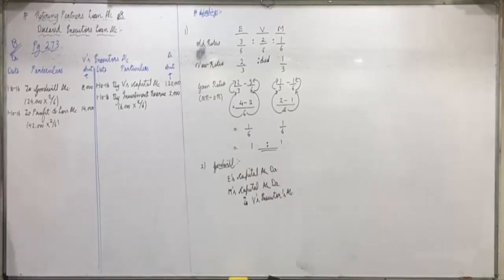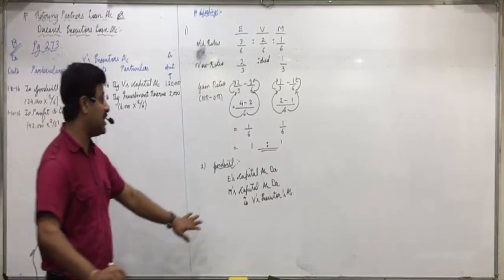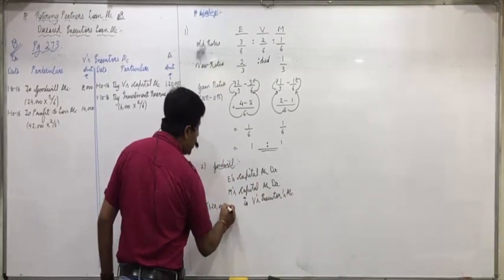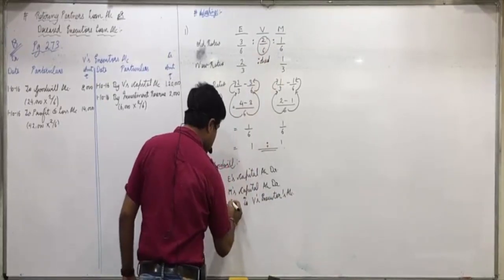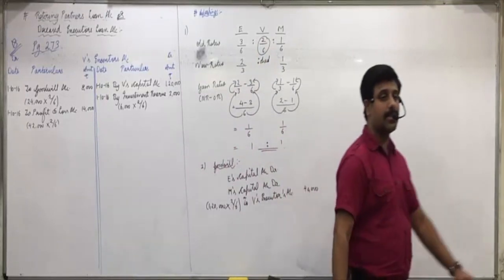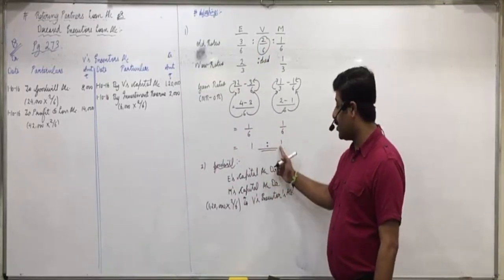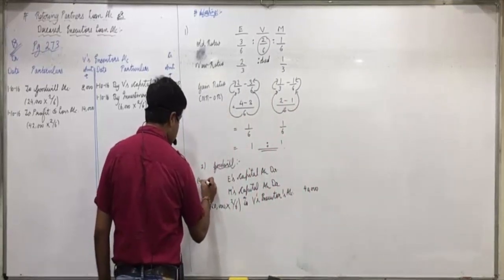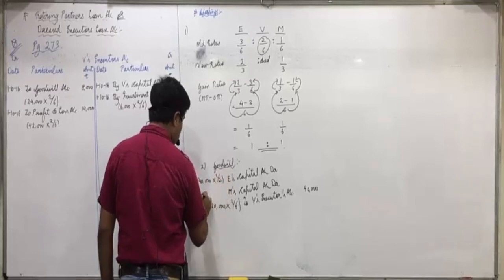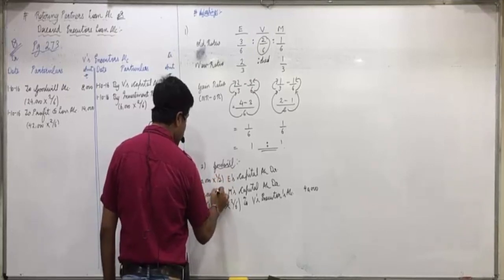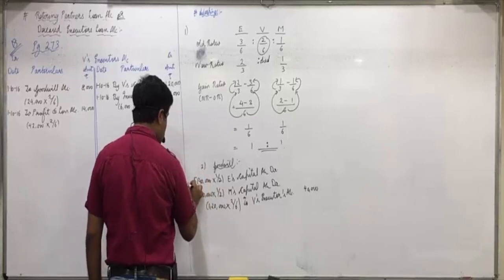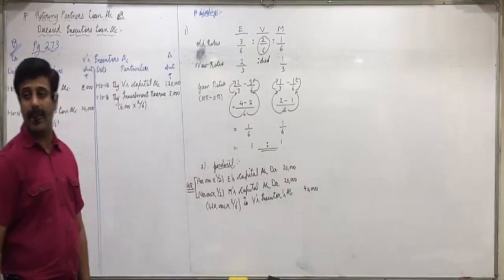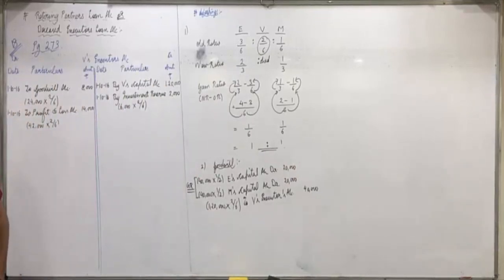Which amount first? First of all, we'll find V's amount. What is goodwill's value given? 1,20,000, and V's share is 2 by 6, that is 40,000. Any confusion in this? Then 1 by 2, 1 by 2, since 1 is to 1 is the gain ratio. So now 40,000 into 1 by 2, we distributed in gain ratio. So 20,000, 20,000. Are you all clear with this? Anyone having any doubts? No.